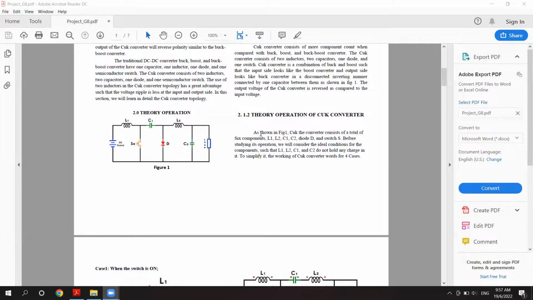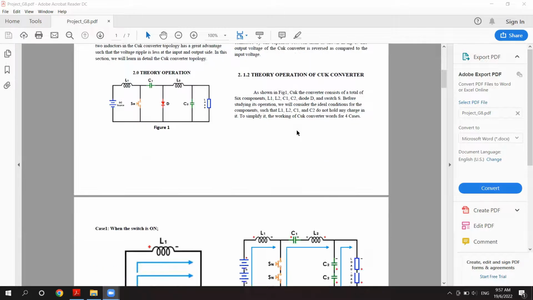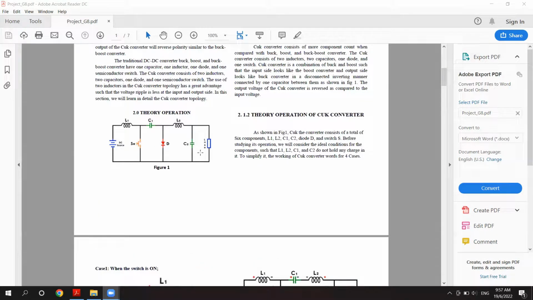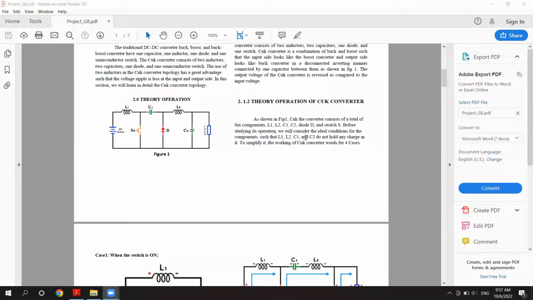As shown in figure 1, the choke converter consists of a total of 6 components, which are L1, L2, C1, C2, diode D, and also switch S. Before we study its operation, we will consider the ideal condition for the components, such that all of these components don't hold any charge. To make it easier for us to understand how it works,